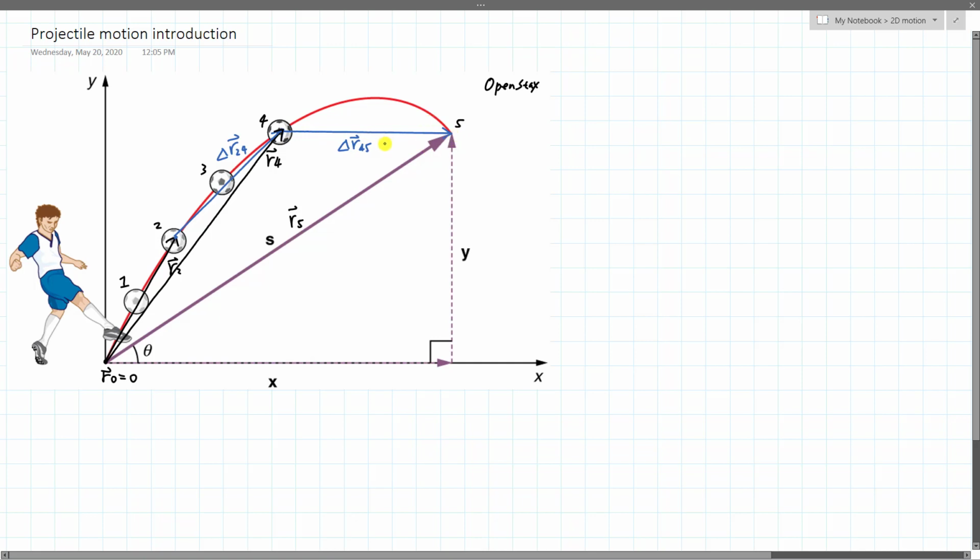So this is also the direction parallel to the average velocity between 4 and 5. This is also parallel to the average velocity between 2 and 4, on its way up, right? So the velocity, if I draw it at this point, I think we went through this with graphical analysis. The velocity somehow is